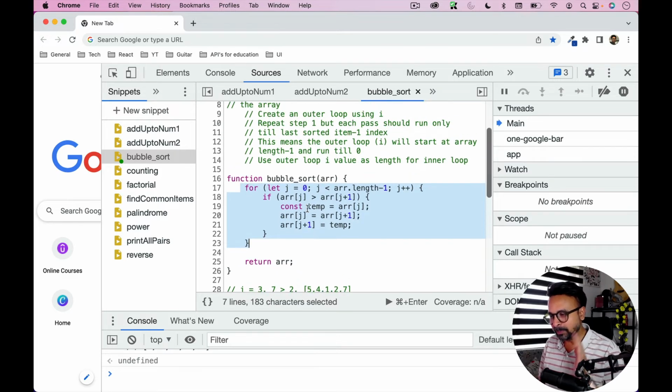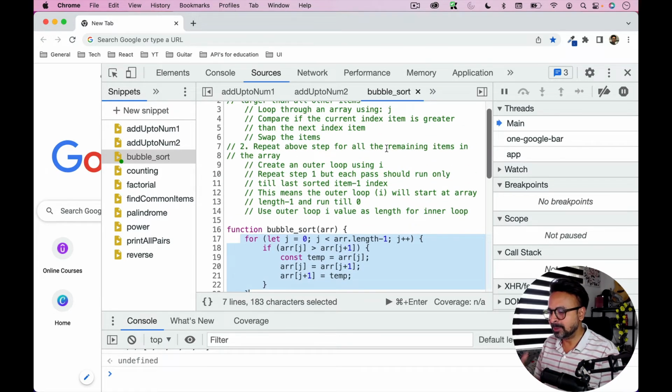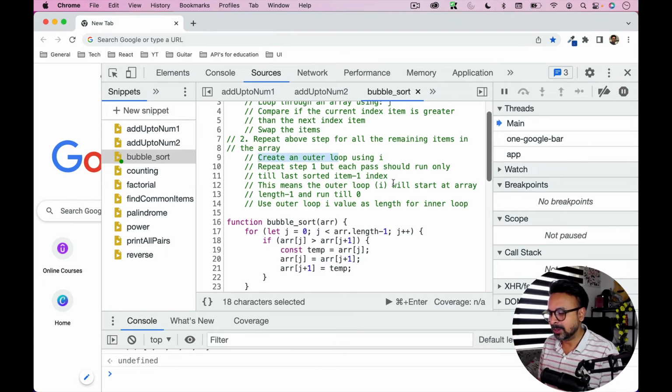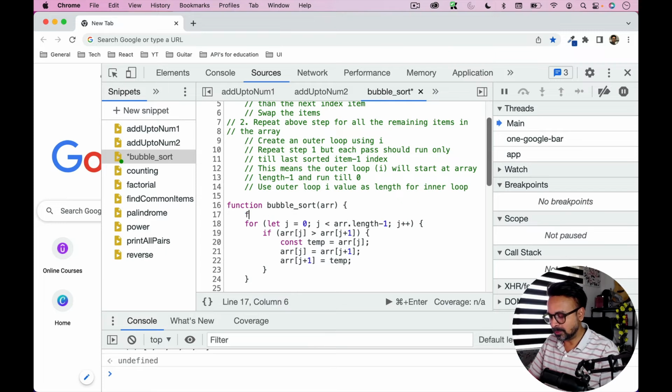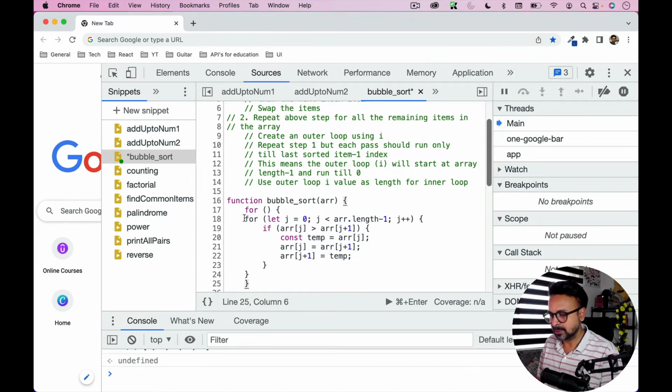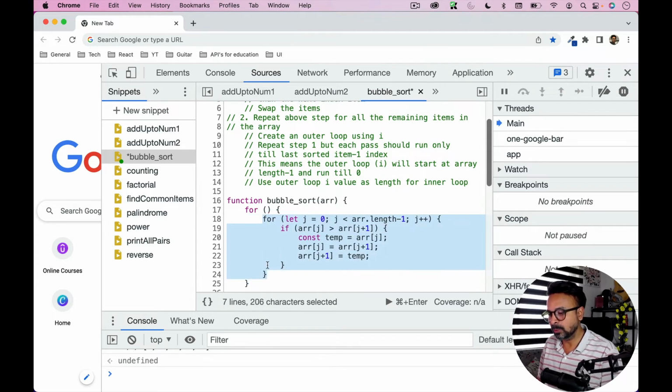Okay, so how we are going to repeat it, right? So repeat above step for all the remaining items in the array. If you want to repeat something, the hint is you need to create another loop, right? So I'm saying here, create an outer loop using i. See how easily you can solve the problem. So I'm going to create another loop and I'll take this and put it here. So we're going to have another loop that is outer loop, because we need to execute these steps again for other items, right? So think like this is task 1 and I want to repeat that task for